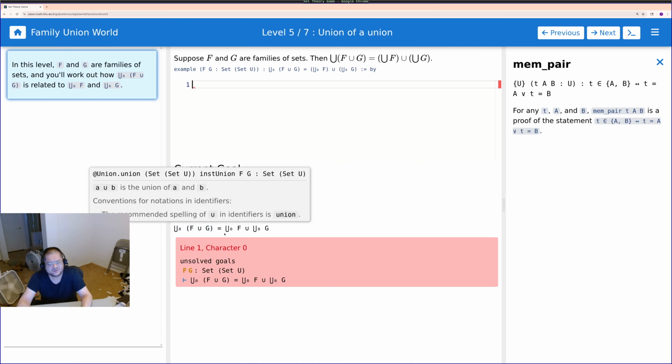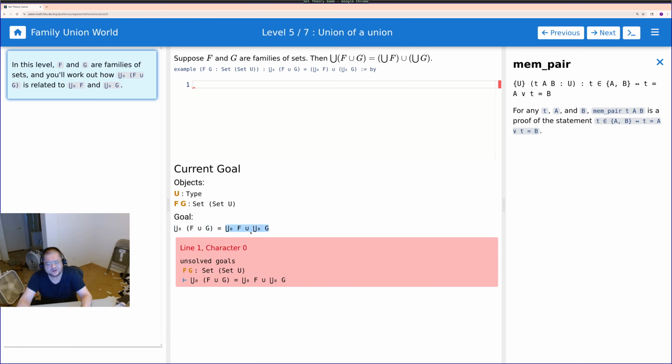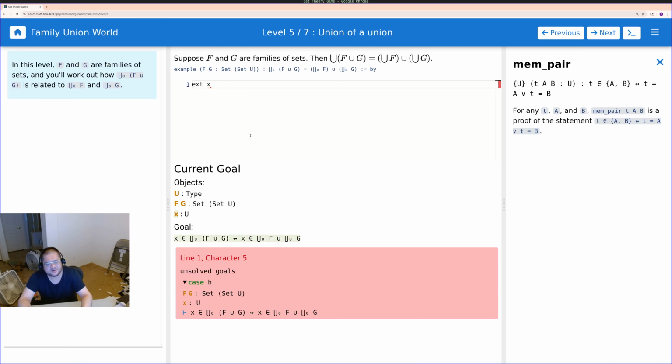Union of F union G equals union of F intersect union of G. Well, family union of F set union of G, family union of F set union of family union of G. Right? Is it EXTX and